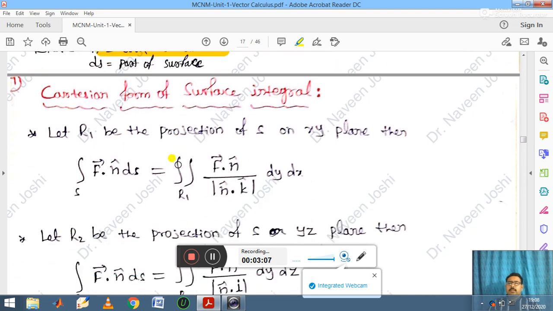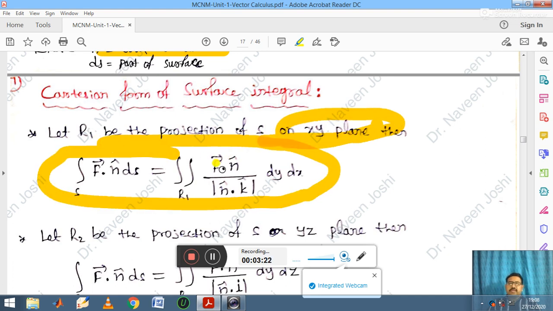Then in surface integral, usually we can see three cases. Okay, while solving problems, if you take a projection on the xy plane, then you need to use this formula to evaluate f dot n ds. Usually in problems related to surface integral, they will mention the projection. Otherwise you need to consider your own. Okay, if you choose projection on the xy plane, then to find the surface integral, we are using the formula double integral of f dot n divided by modulus of n dot k